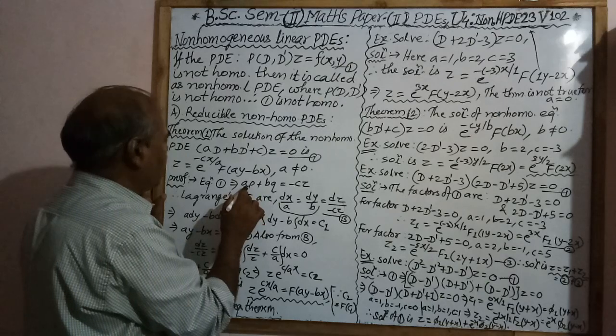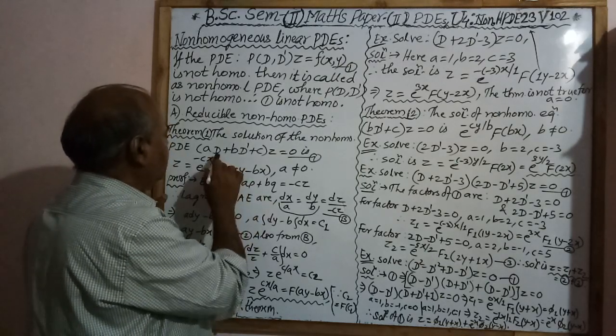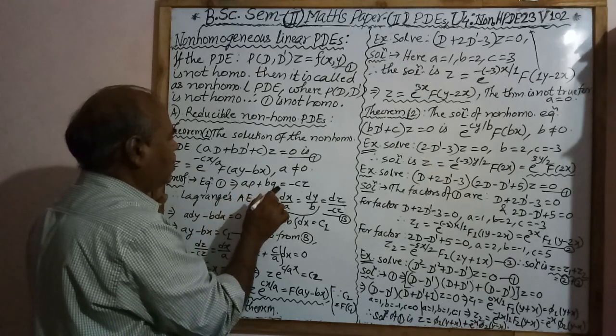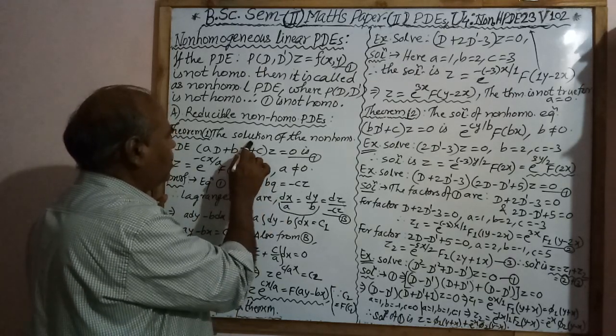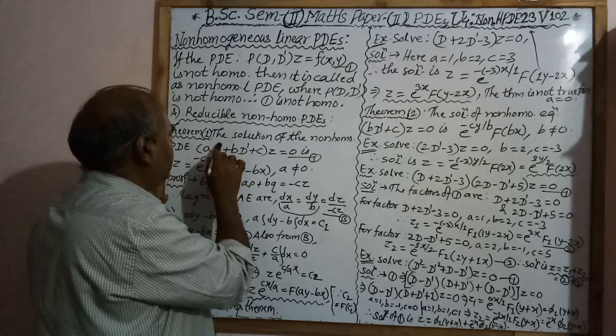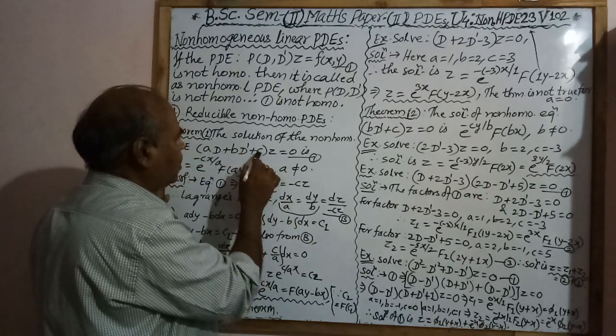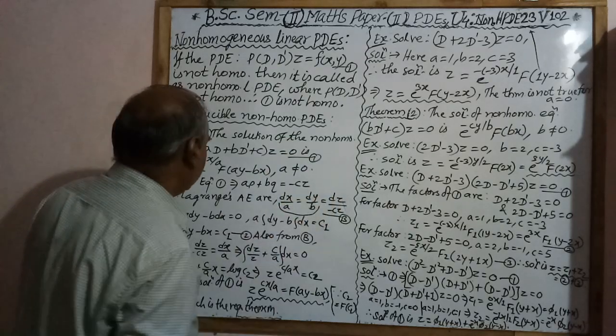The equation 1 can be written as AP + BQ = -Cz. P means derivative with respect to x, del z by del x. Q means del z by del y. The D dash means derivative with respect to y, and this D means derivative only with respect to x. Taking Cz to the right hand side, we have minus Cz.